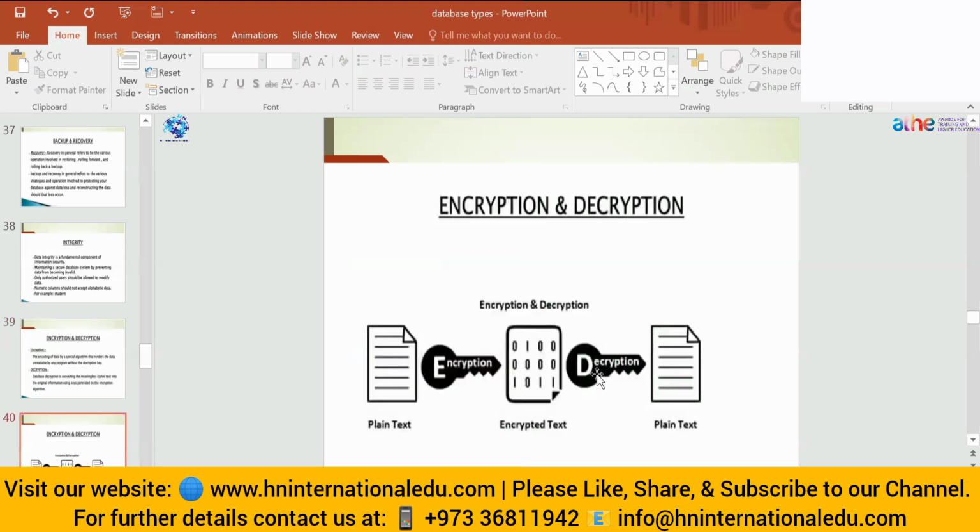This is basically it: you have the plain text, then we do the encryption by using some algorithm, then this encrypted text is sent to the receiver by using some transmission media, and then we have to do the decryption to read the plain text. This is also done by the key that is generated during the encryption algorithm. So at the receiving end the receiver will receive the plain text.